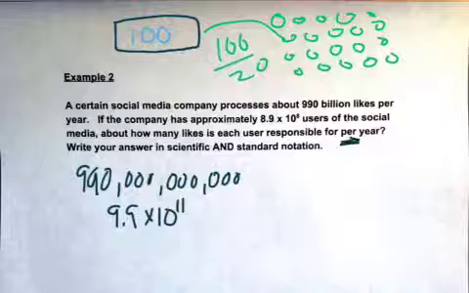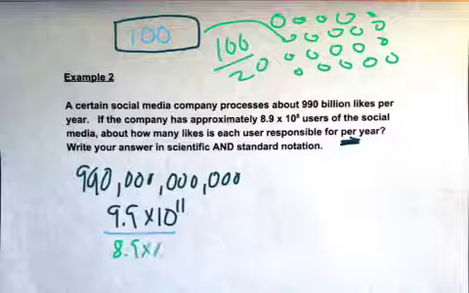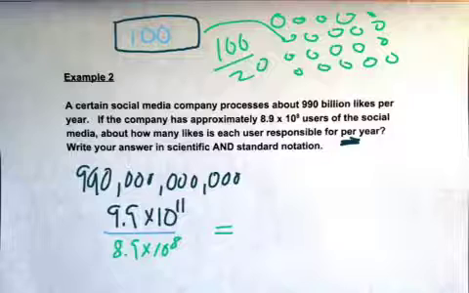Keyword being per. The word per is a general clue that you're going to be using division. So I'm going to divide that by the amount of users, which is 8.9 times 10 to the 8th. So you do that division. Again, use your calculator. Use parentheses around your scientific notation numbers. And the answer is